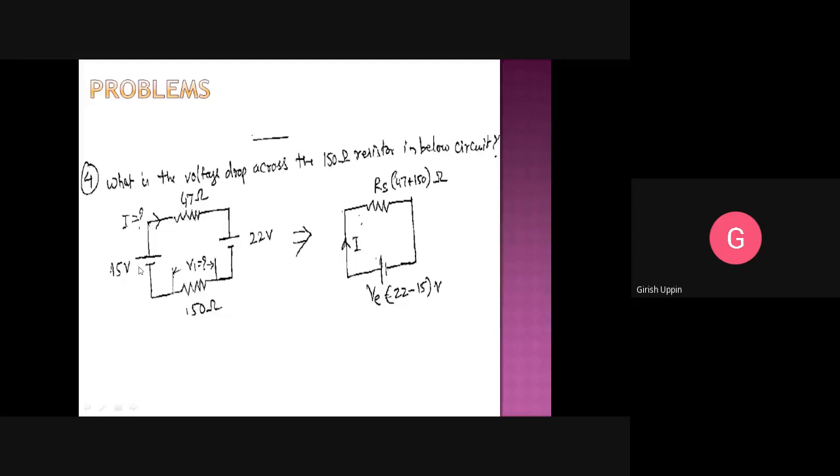And there is another way to solve this also. Once we learn the Kirchhoff laws, we can apply them, so you don't have to worry about which way the current flows, or whether we need to add these two or subtract. You don't have to worry, we can directly apply the KVL.